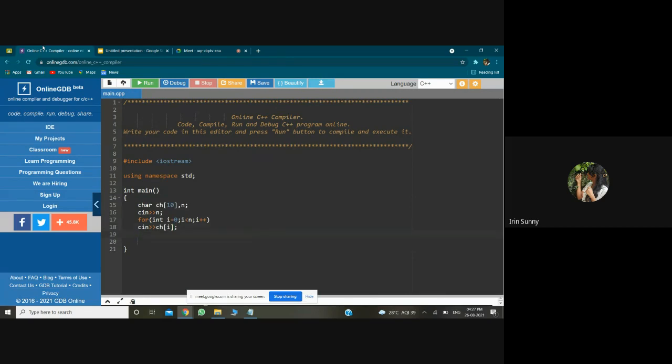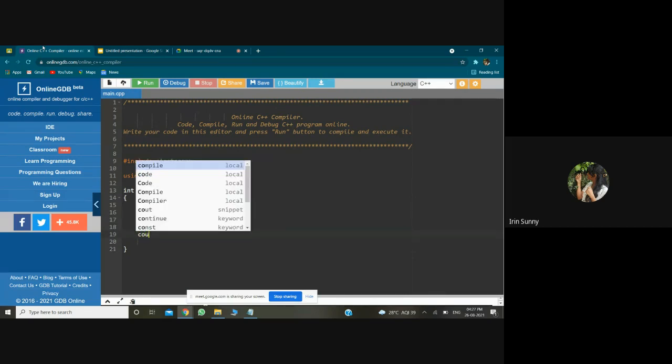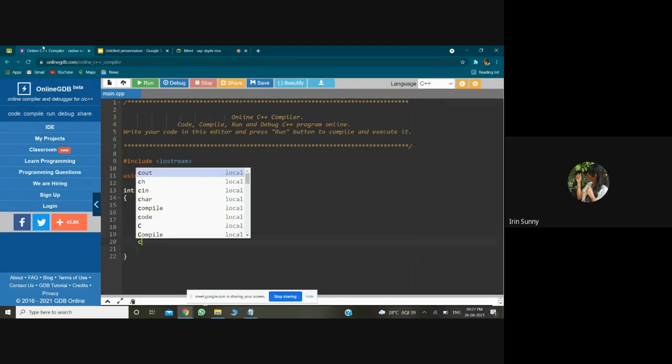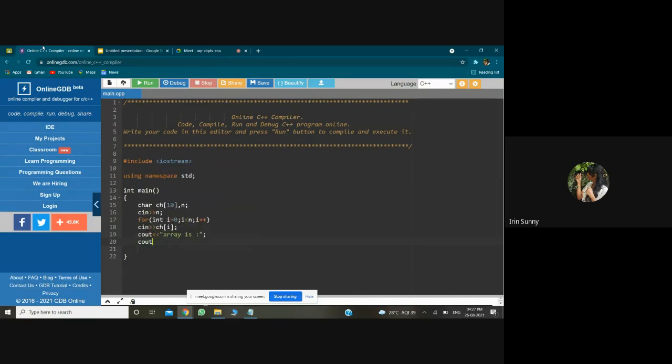Next, we write cout, array is, and we have to copy this. We need to write another for loop.